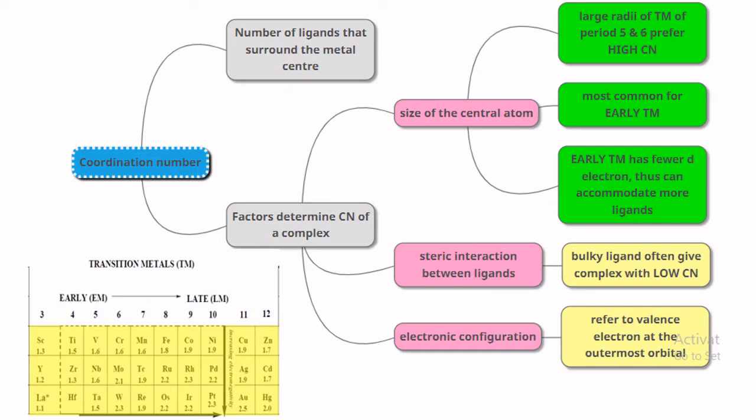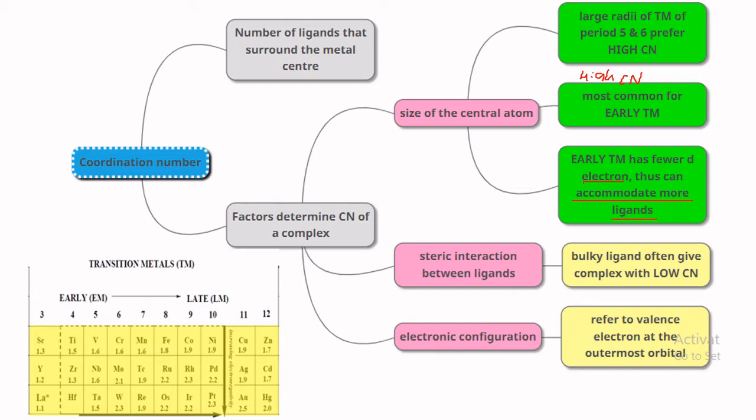And high coordination number is very common in early transition metals. Why? Because early transition metals have fewer d electrons,